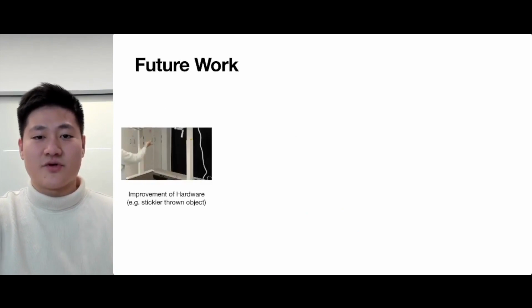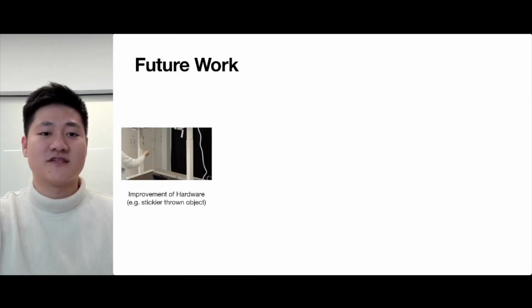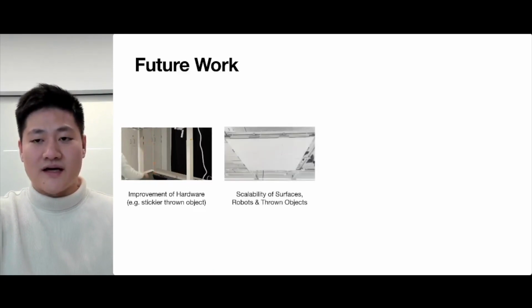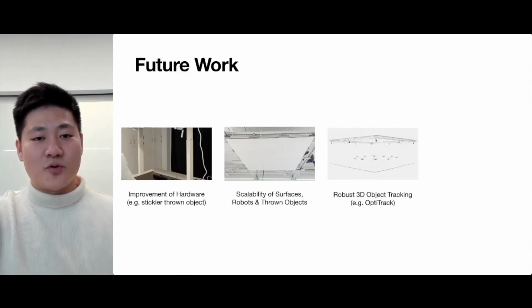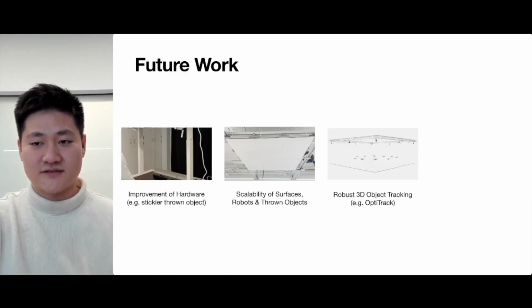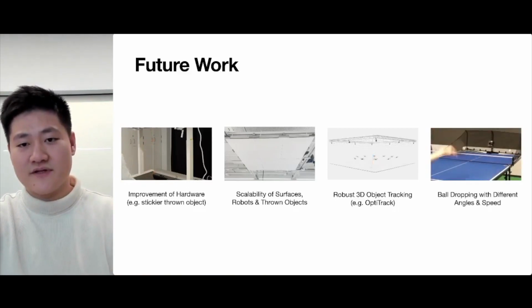The exploration with ThrowIO and the user study reveals a wide range of future research opportunities. For example, the hardware can definitely be improved, such as designing stickier thrown objects. The surfaces and the number of robots and thrown objects can also be scaled up. In our lab, we have built a larger overhanging surface to test out this prototype. Since ThrowIO currently uses color-based object detection, more robust 3D object tracking tools such as OptiTrack can be used in the future to track objects. And lastly, we also aim to have our objects be dropped with different angles and speed, just like a ping